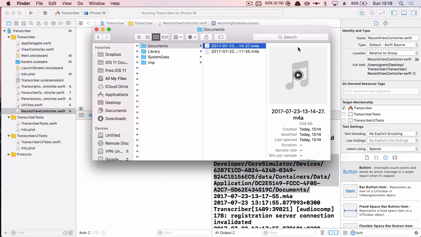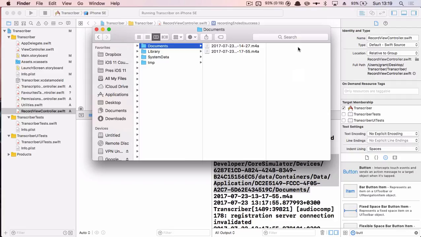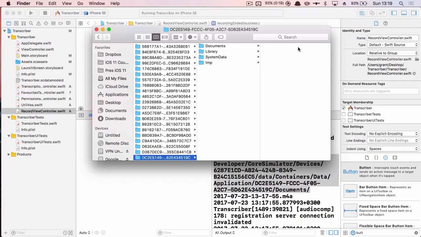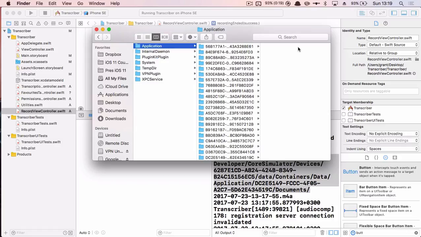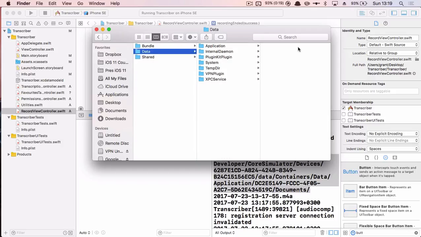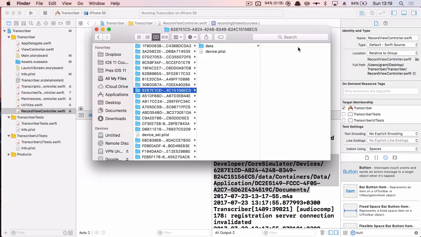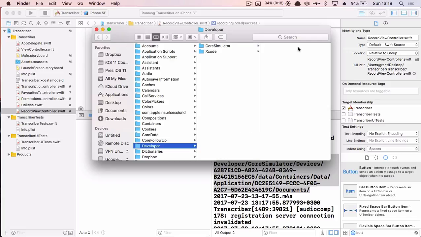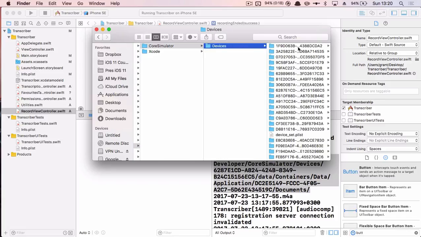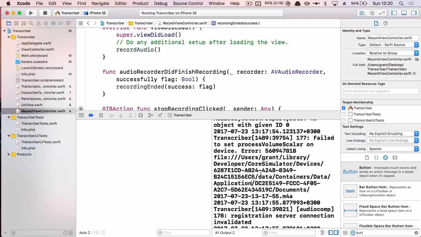And whilst we're here, let's look at this file structure. So we have documents. We have this folder with lots of numbers and letters, and that's our app's container. If we go back one more, we go to application, we go to data, then we go to the actual containers, where our data is. In developer, core simulator, devices. That's where you find all of your simulators. And then inside of devices, we can look for our simulator, which begins with